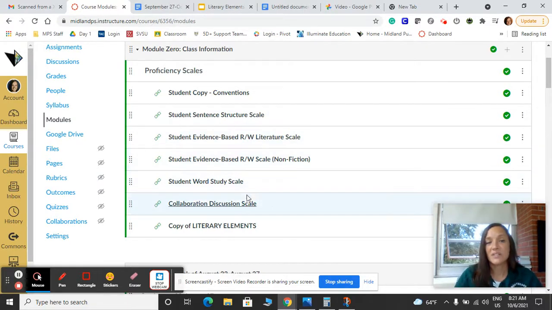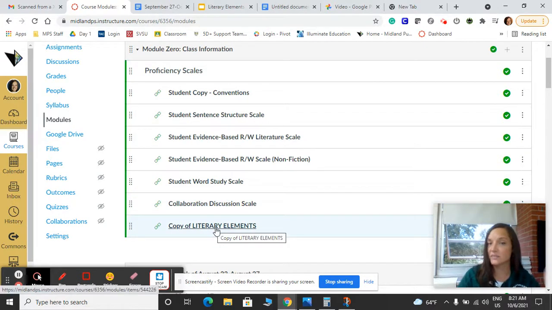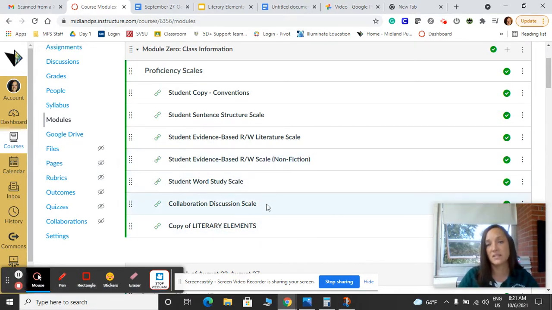So these are all the scales, and then any other important documents or class information, like this one was just added. These are literary elements. All the literary elements you could possibly want to learn about are in here. So students always have access to these. They've also received a hard copy of all of these, which they keep in their student folder or their organized English 8 binder. So they've been provided with everything that they need. And if they ever lose anything, they have to go to Canvas to get a new electronic copy of something.